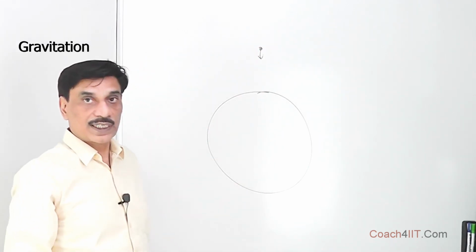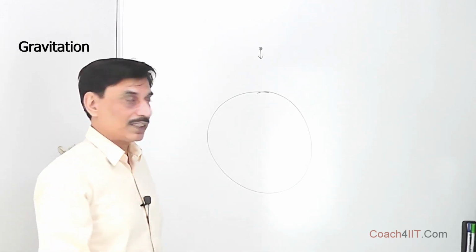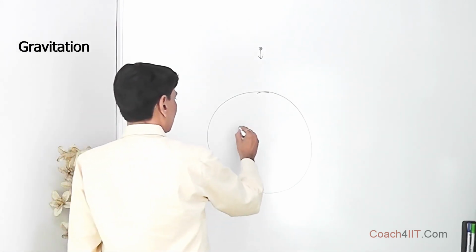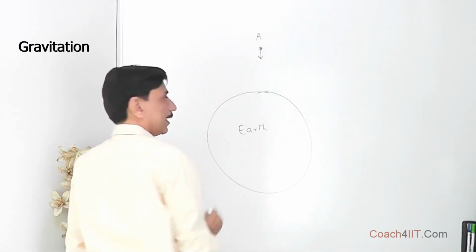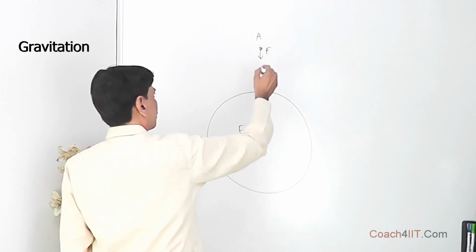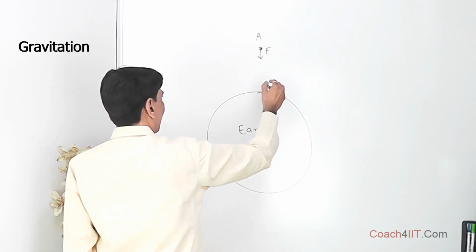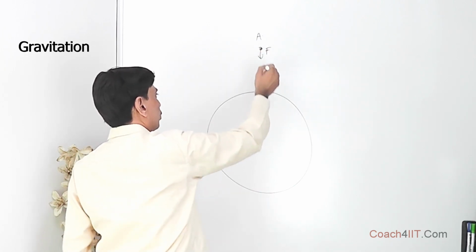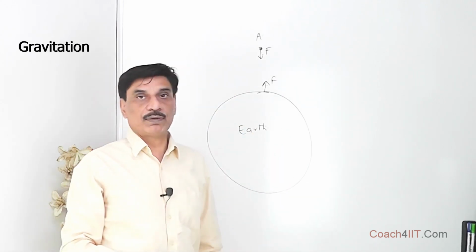Though we can also say that there is a force of gravitation, but generally we use the term the force of gravity. Suppose we say this is Earth, and this is a small body, let's say A. Whatsoever force Earth applies on this body in this direction, with the same force this body will pull the Earth up. To every action, there is an equal and opposite reaction. Action and reaction are always on two different bodies.